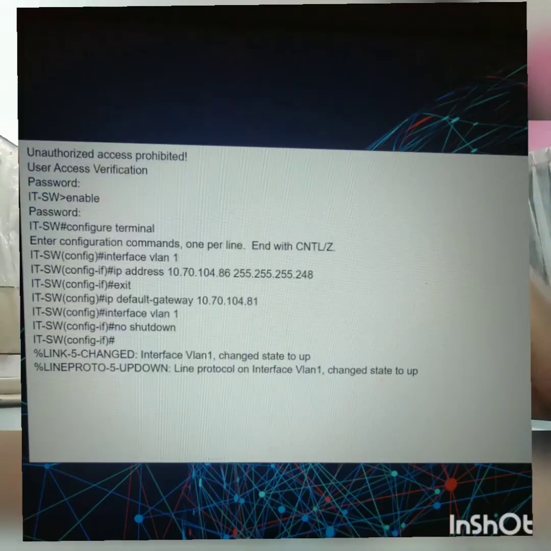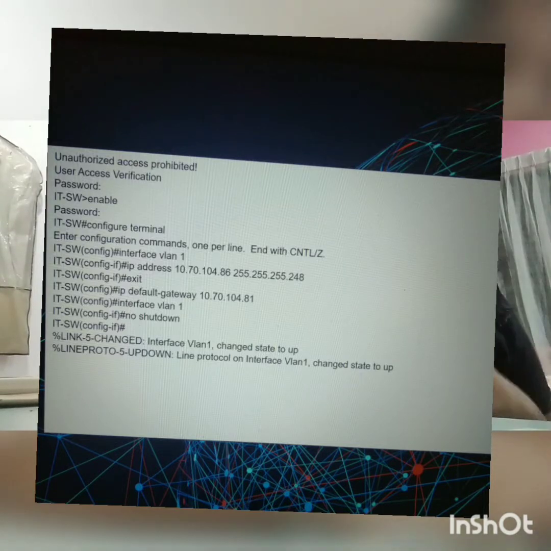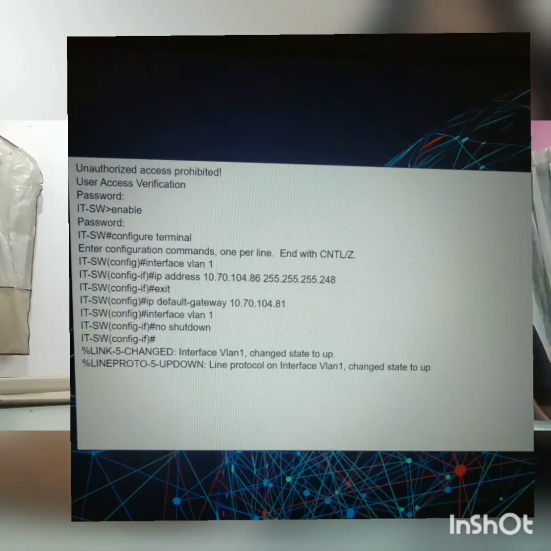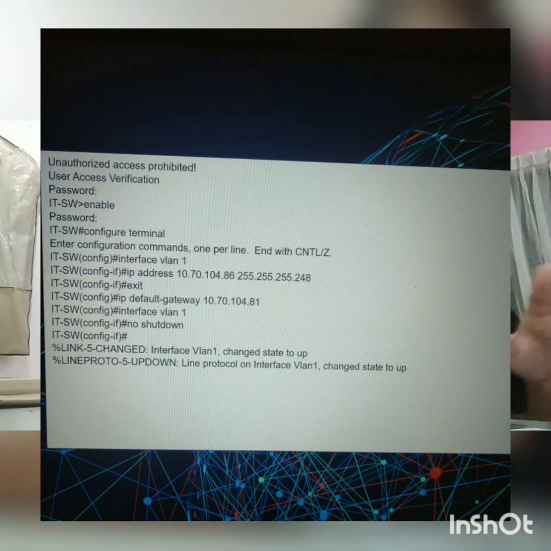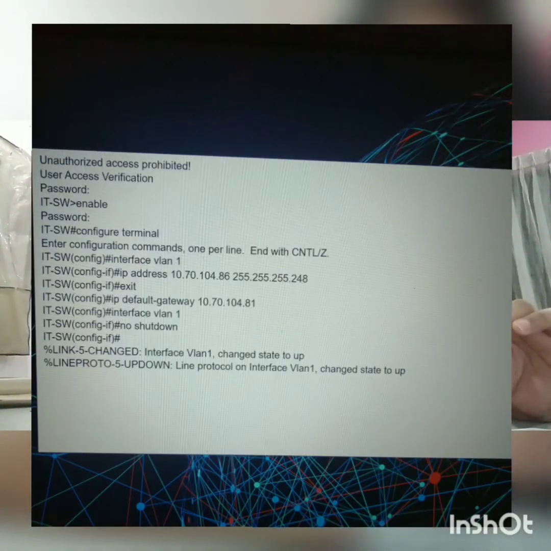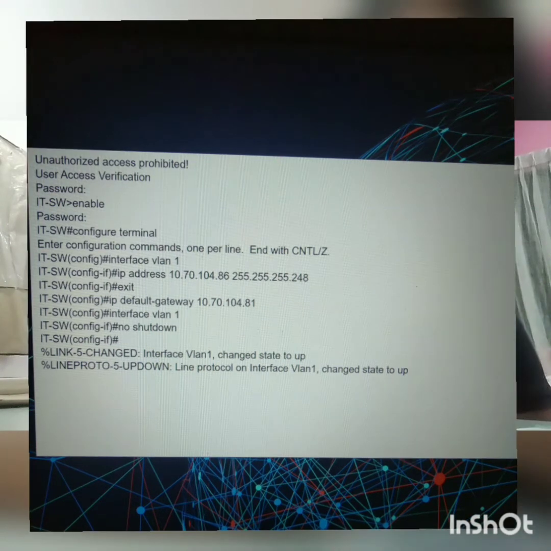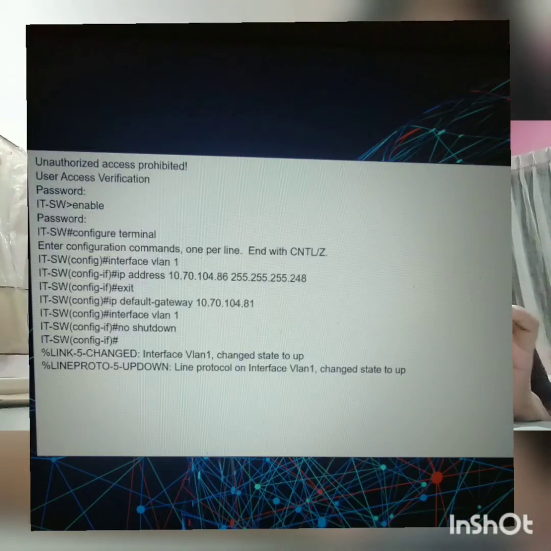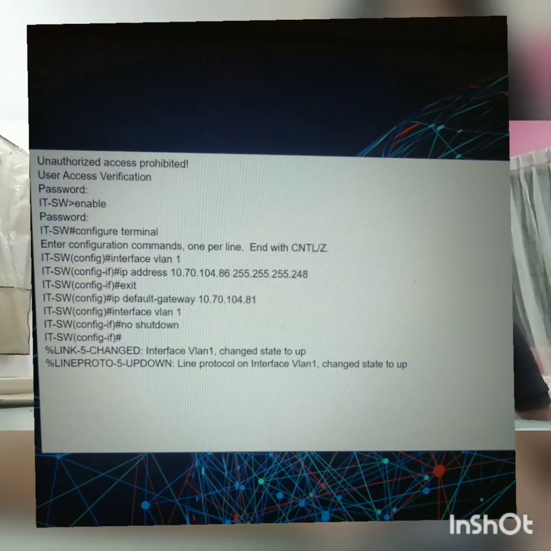Okay, next is the command to configure a switch interface to provide network connection for IT-SW. First we see the banner, unauthorized access prohibited, user access verification, and this is for the password. For the switch named IT-SW, you need to enable, then configure terminal, and press enter, then it becomes IT-SW(config)#. Then interface VLAN 1, and we put in the IP address and the subnet mask, and then exit.